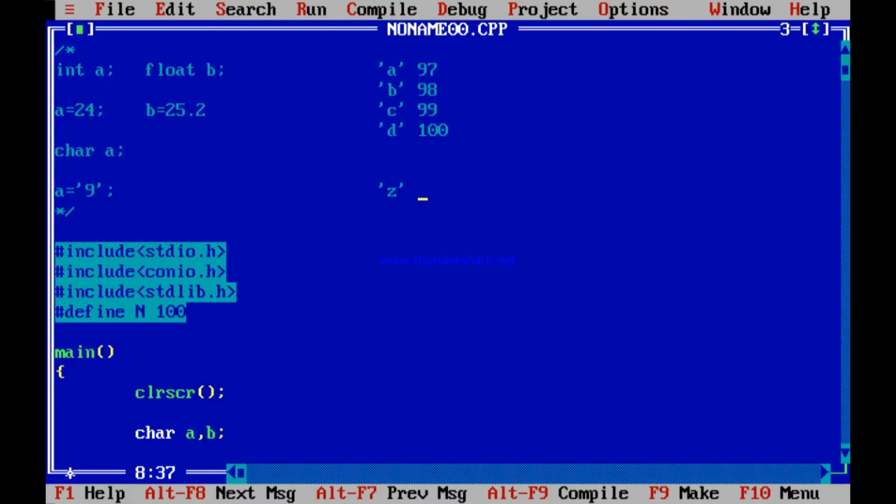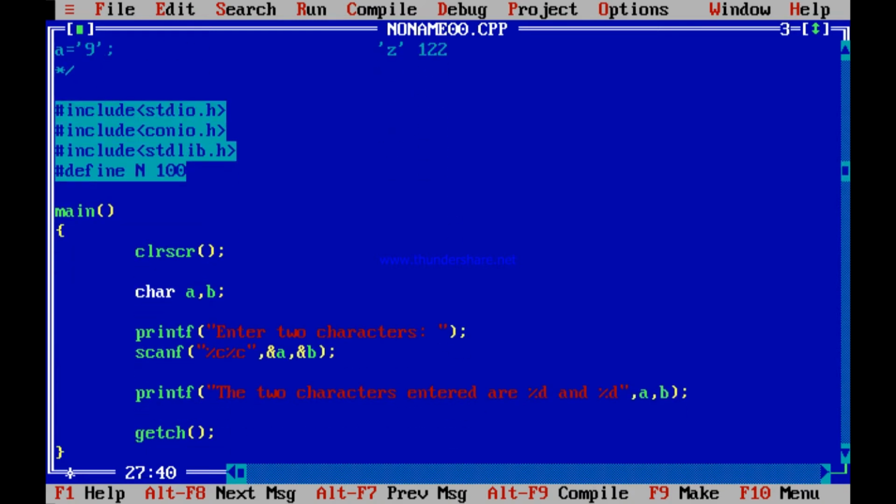Z is 122, 97 plus 25. B is the second one, so 97 plus 2 minus 1. This is 97 plus 3 minus 1. Then 97 plus 26 minus 1 is 122. So Z is 122. So do you understand this?